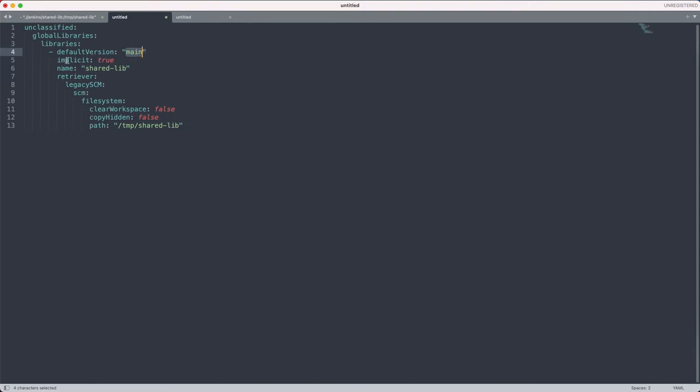Another thing, I'm saying implicit true, that means for each and every job the shared library will be injected so that we can call our functions easily. Otherwise we have to call the shared library inside a Jenkinsfile. For now we will go with implicit; later on we'll see how we can call it manually.